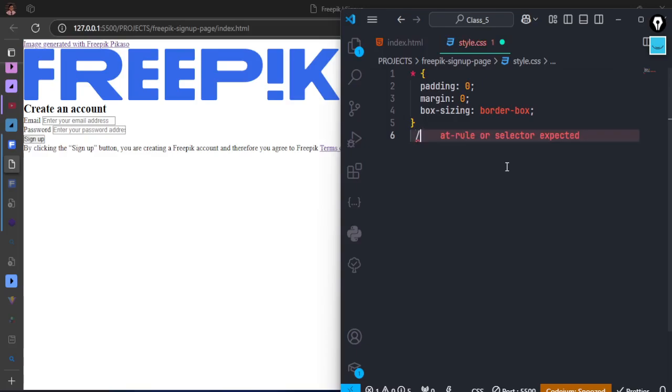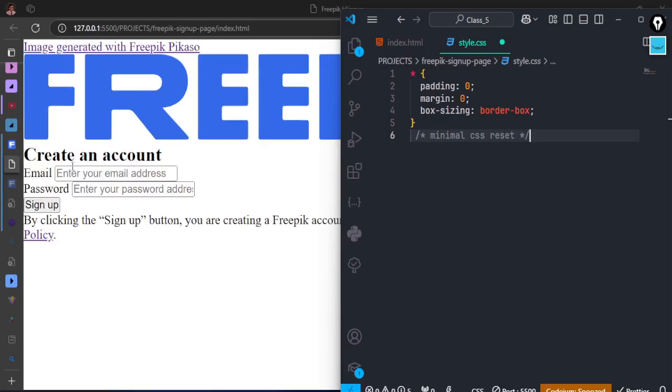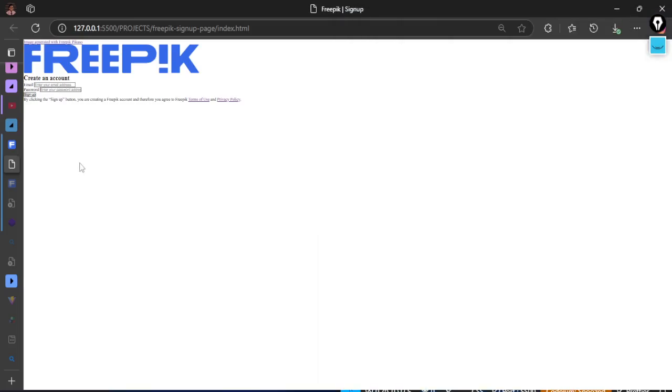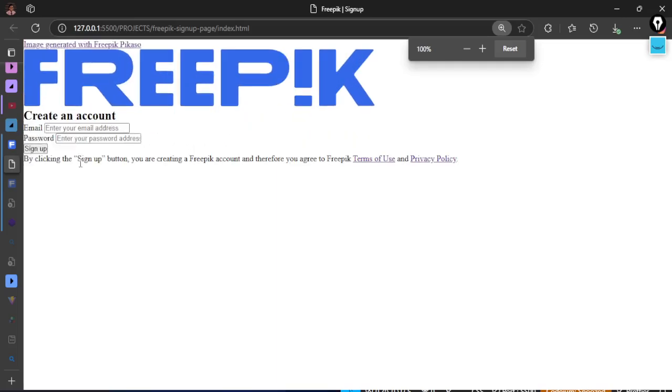So what I have at the top there is what we call minimal. This is known as a minimal CSS reset. But I normally add this one to it too because I don't like the font that the browser is using by default. As you can see, the font is using this Times New Roman, but I don't really like it. So if you look at the design of the site that we want to work on,